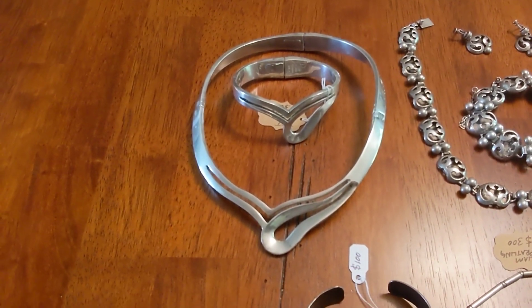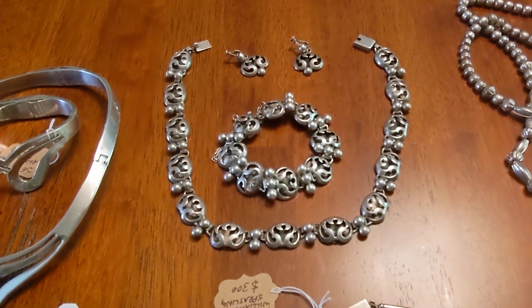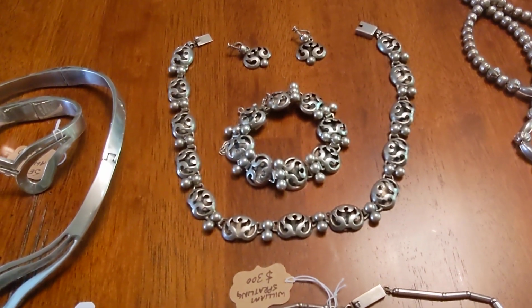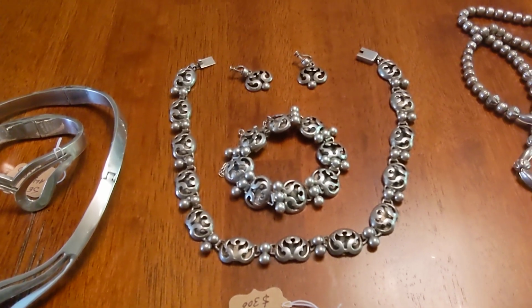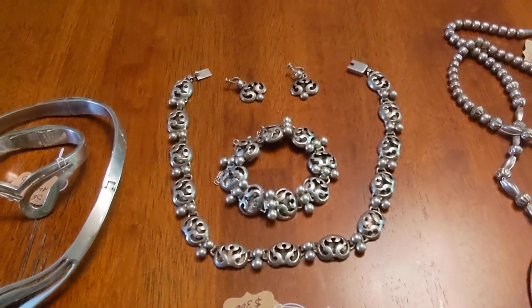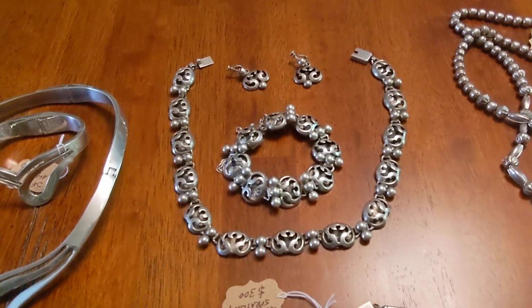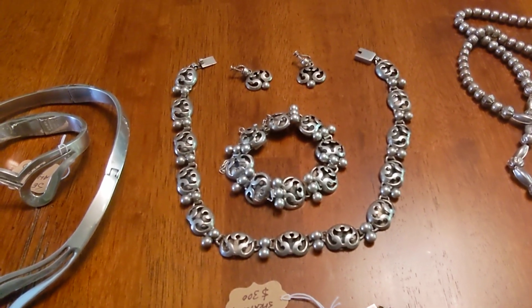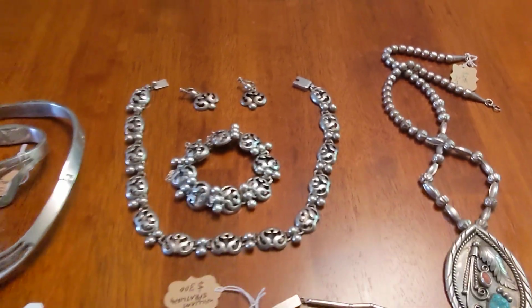A bib or a choker necklace with a matching bracelet. Another demi-parure, which means it's, I guess, a partial set. It's a bracelet, a necklace, and earrings. Or rather, that's a parure, not a demi-parure. A parure is a complete set. A demi-parure is a partial set. I'm going to eat my words on that one. Anyway,